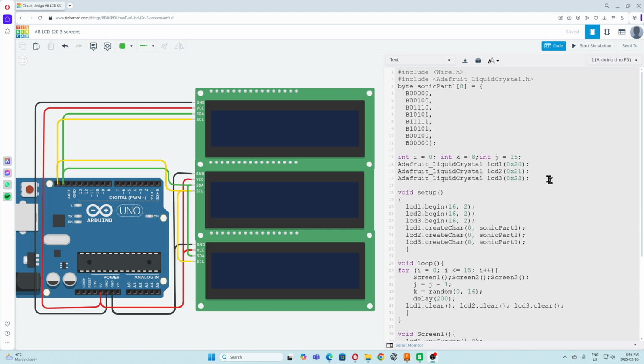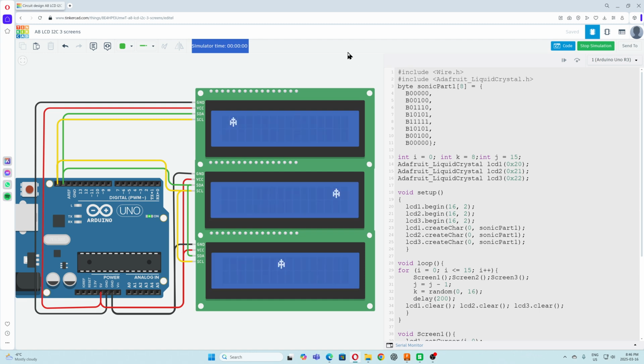Okay, good day. This video is going to be showing you how to use three screens. And the intent is that we could have basically characters going from one screen to another. I don't want to overwhelm you, and it's probably overwhelming already, but the concept is that they're wired up in